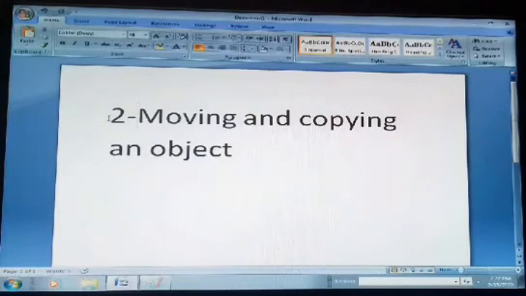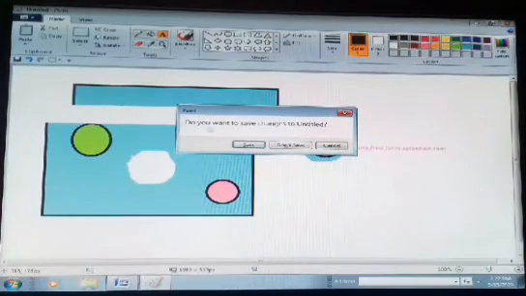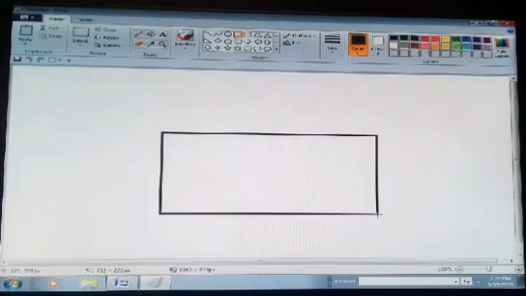Okay, so again we have to come on drawing area, and take a new page. Okay students, and just here I am going to draw a house like figure number 5.3.